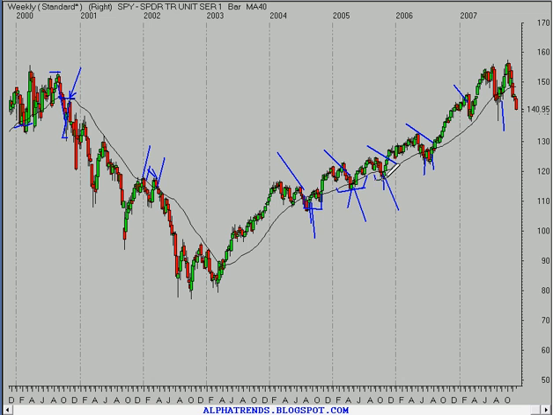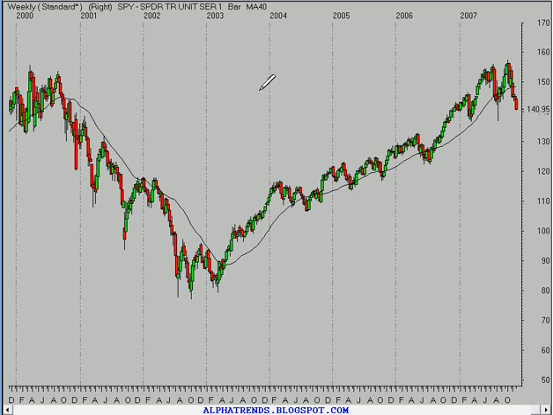Now, though, it looks like this market, again, we have this 40-week moving average, which is starting to flatten out. And that tells me that the longer-term forces are starting to neutralize, and that means it could potentially, and the key word here is potentially, be putting in a longer-term top. When you take into consideration some of the other technical factors here, I think there's a lot of reason for